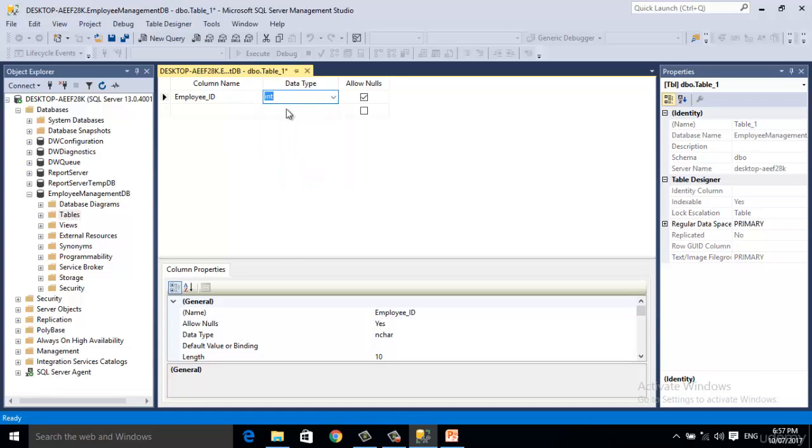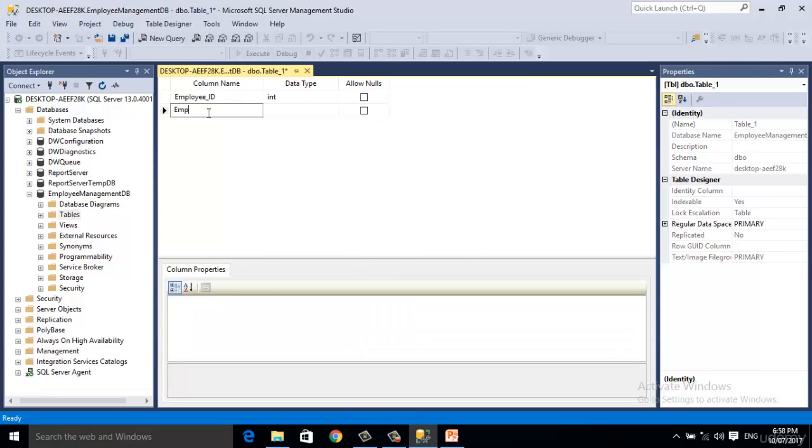I think integer is the best type for employee ID. Data type defines the type of your data. For example, my employee ID will always be a number. Therefore, I will define it as integer. Allow nulls? No, I don't want to have a null value in employee ID. Therefore, unselect this. Okay.